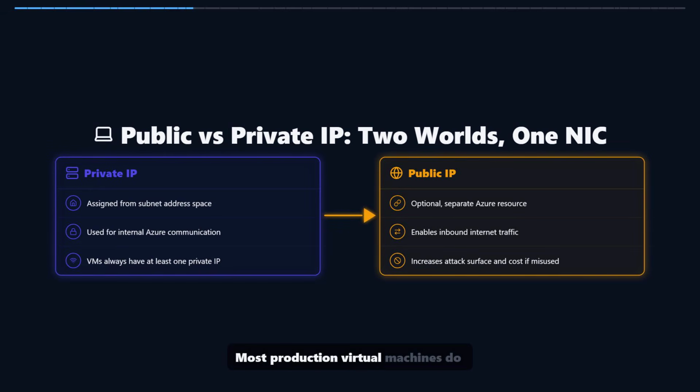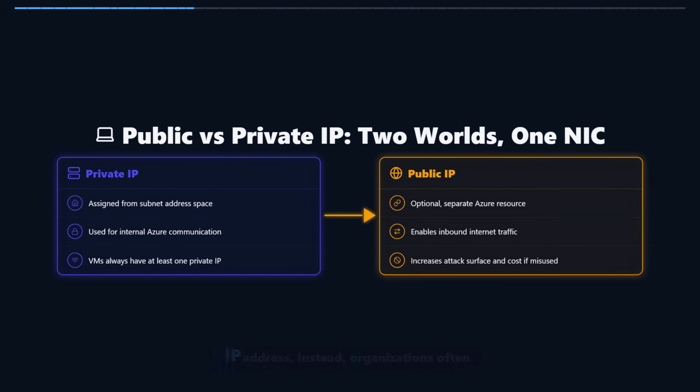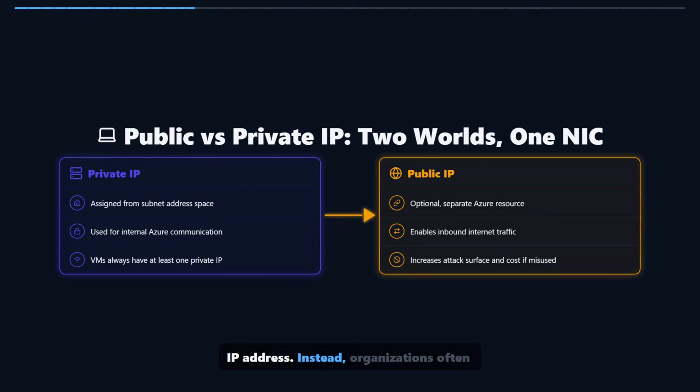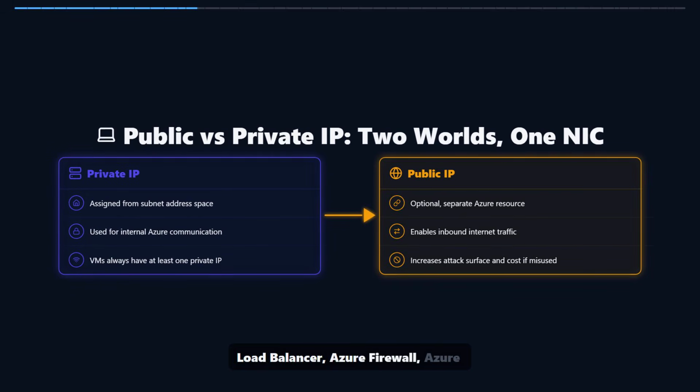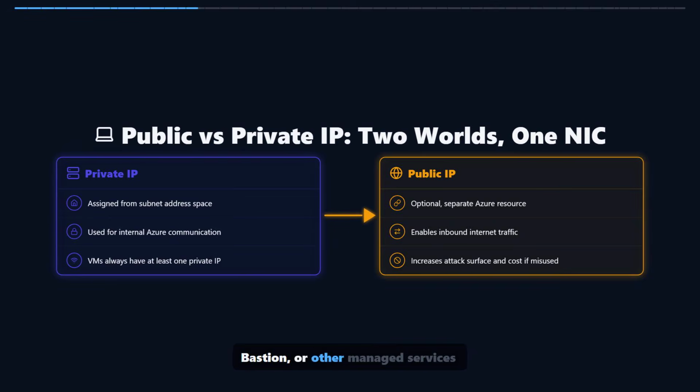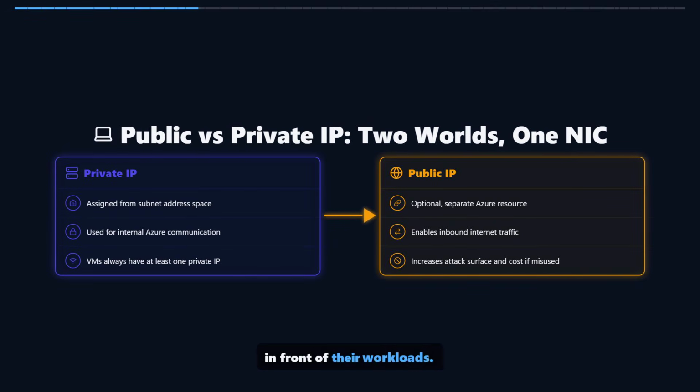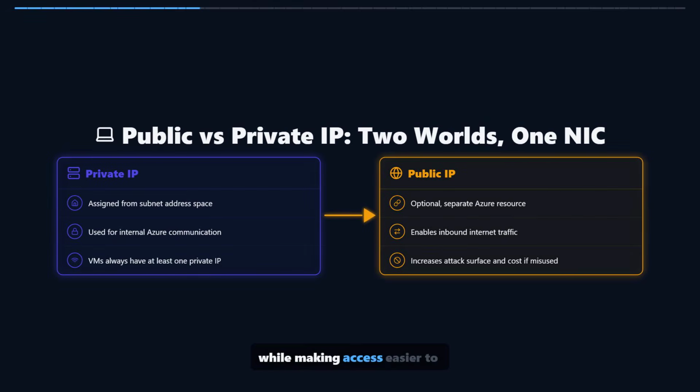Most production virtual machines do not need their own public IP address. Instead, organizations often place Azure Application Gateway, Azure Load Balancer, Azure Firewall, Azure Bastion, or other managed services in front of their workloads. This reduces the attack surface while making access easier to